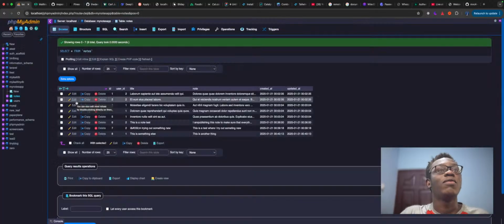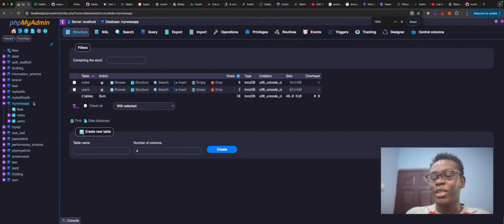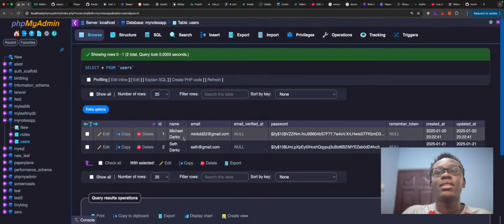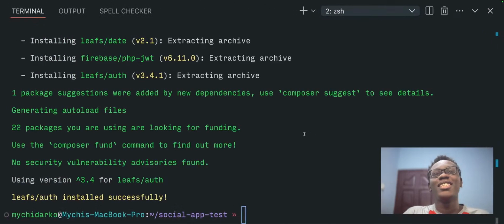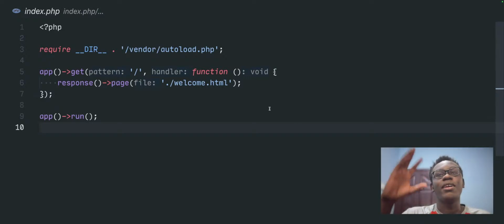I don't want to do a lot of work, so I'll just use the database we used last week. That's my notes app. It has a notes table and a users table already set up. Unfortunately, another thing is migration files or schema files,